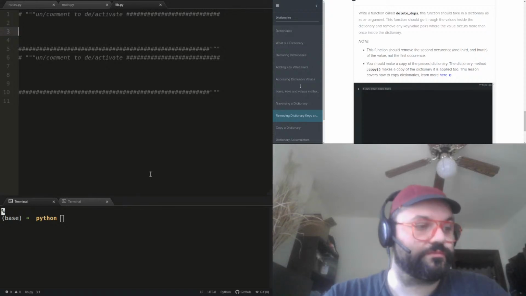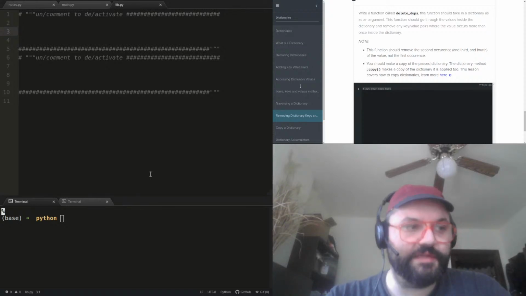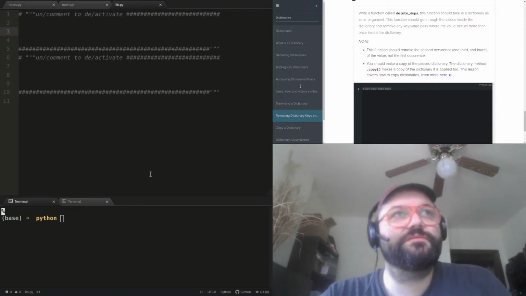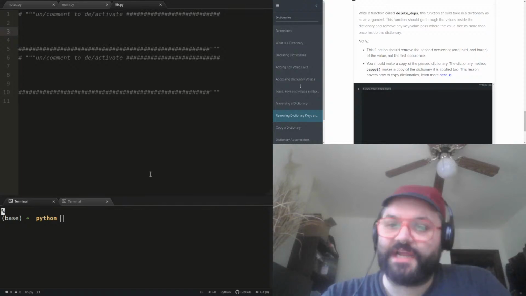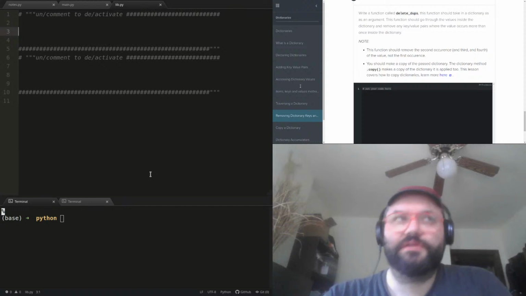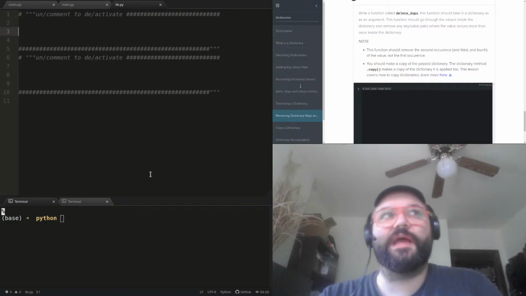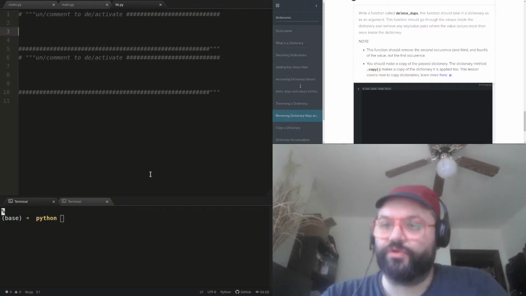And error handling is good. There's a lot of ways that it's a little bit redundant to just condition checking. A lot of the things you can do with error handling, you can do in a different way with basic control flow stuff.